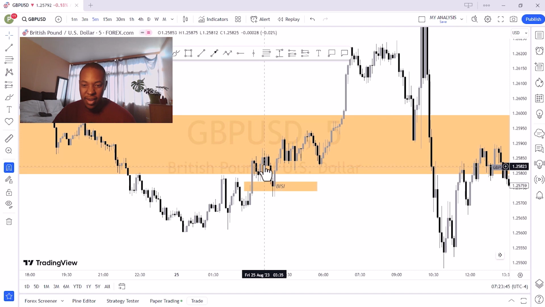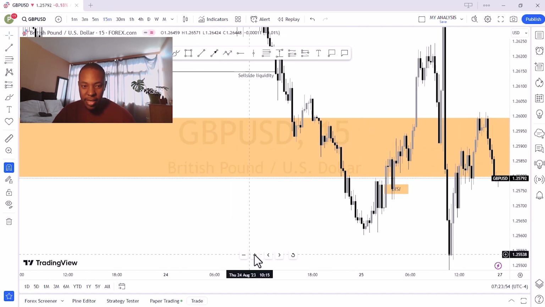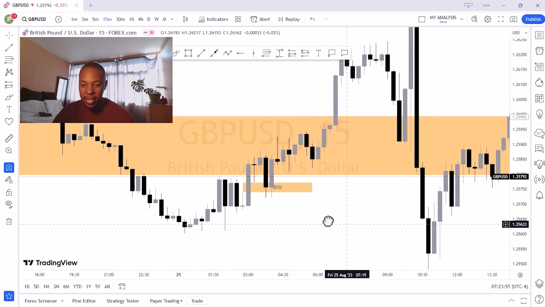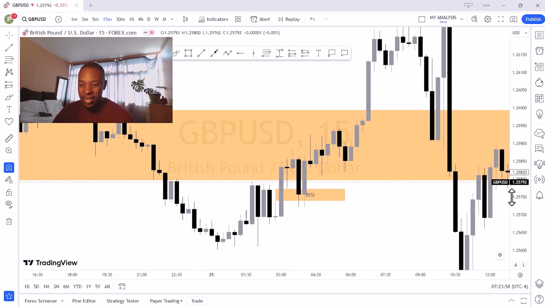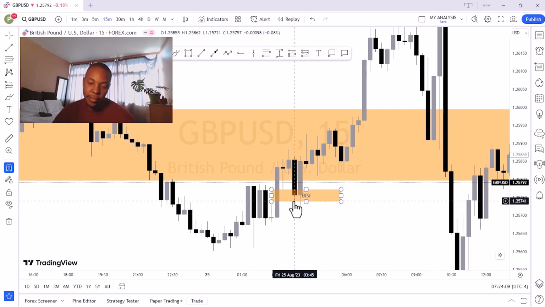Price came down, went up again to take out this high, and then we came down into this, I'm guessing that's a 15-minute BC, buy side imbalance, sell side inefficiency. We came into the BC, and then we closed in on the consequent encroachment. The wicks do the damage, and they both closed on the consequent encroachment. That's when I took the buy,